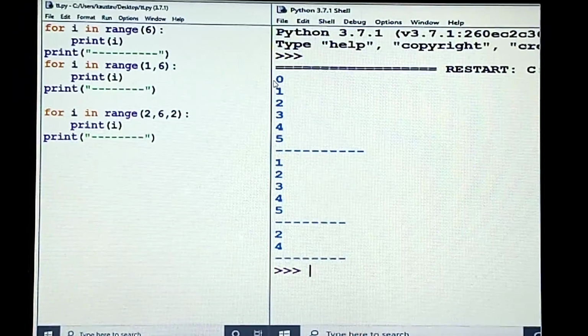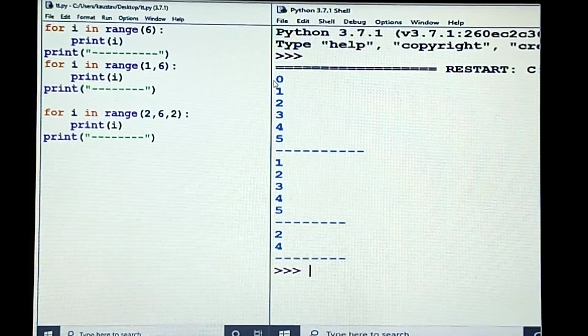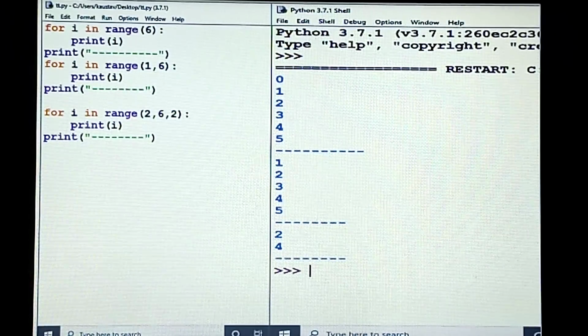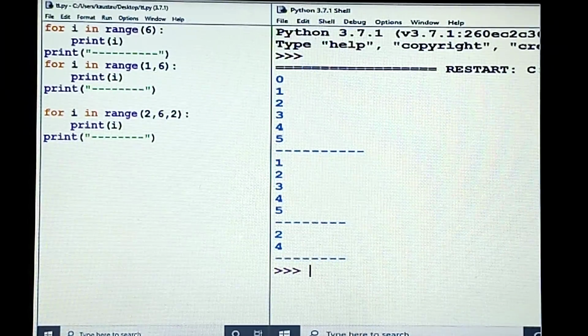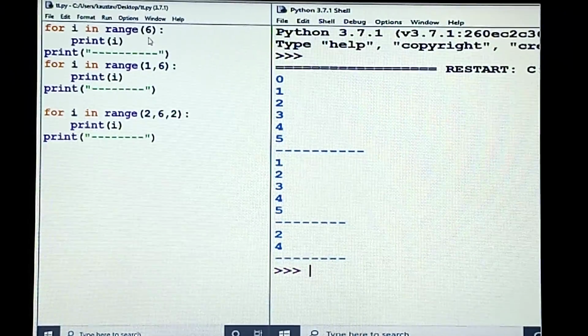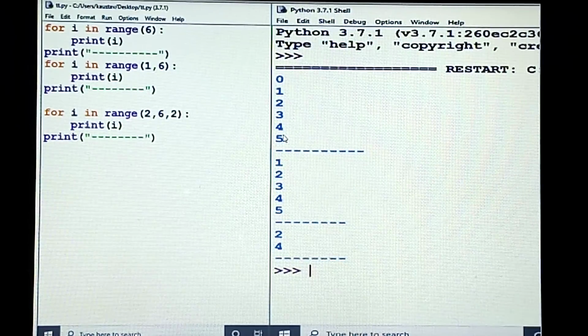By default, if the user has not specified anything, the start value for the range function is 0. Here I have not mentioned any start value, so it will start from 0 and it will finish at 5. Now why 5? Why not 6?